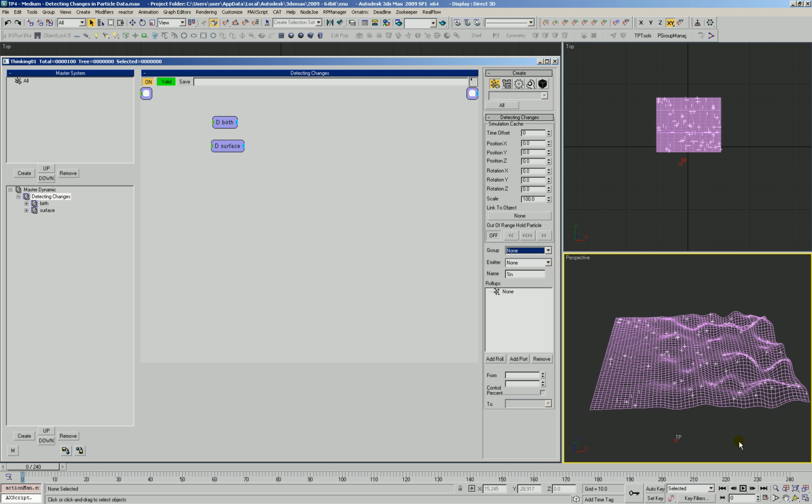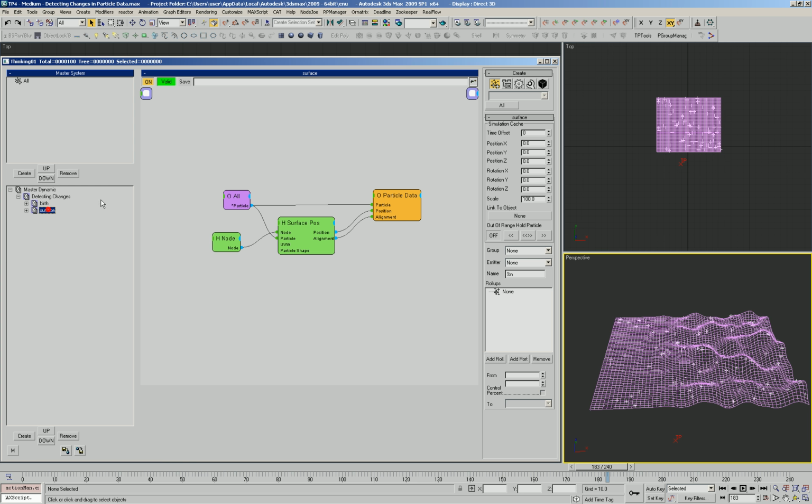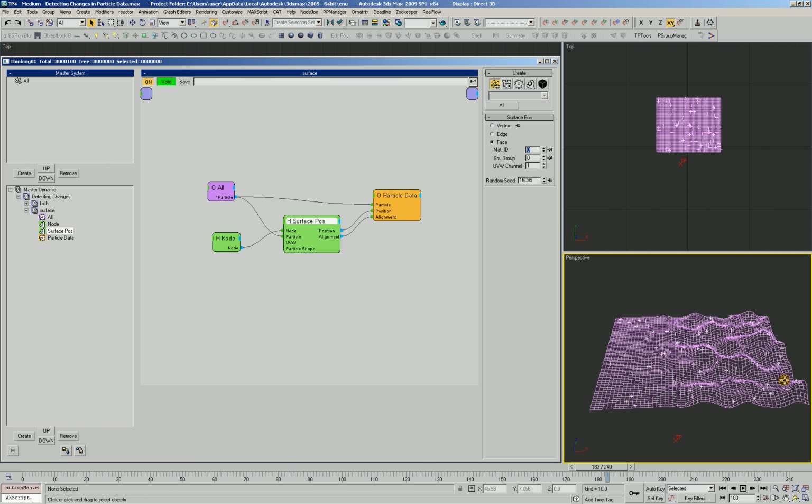In this video, we're going to look at how to detect changes in particle data. In this case, we've got some particles being created on the surface, and then they follow that surface. And what we want to know is which particles are moving fast enough. We want to detect some threshold, and if they're moving fast enough, then have them do something else. One of the problems here is that particles who follow a surface like this actually do not receive any